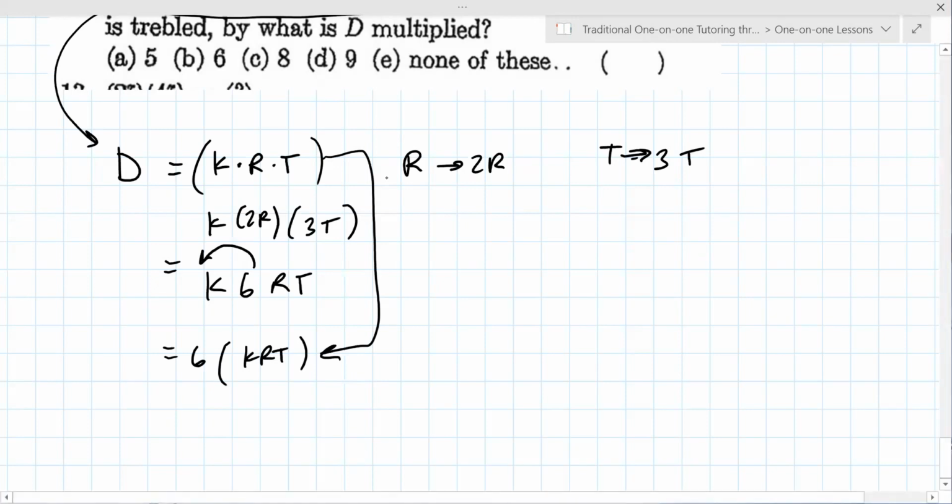Wait, how'd you get the 3T again? It said it's tripled. Oh, it's treble. Oh, I didn't know that treble meant 3. Not sure either. I think it does, but